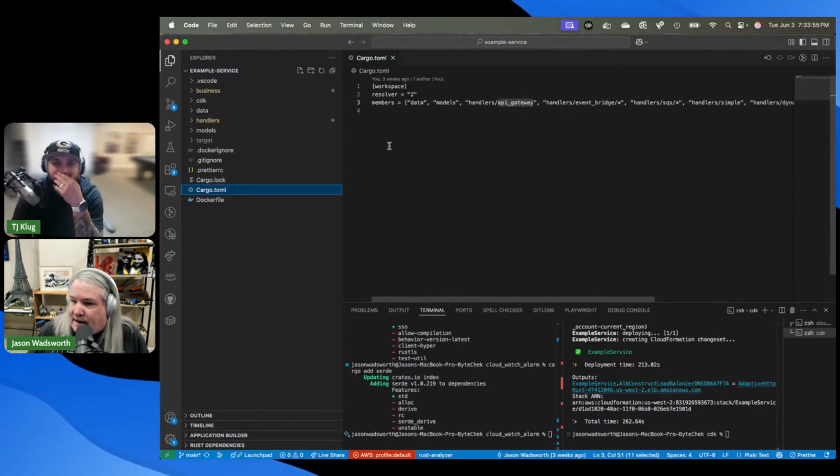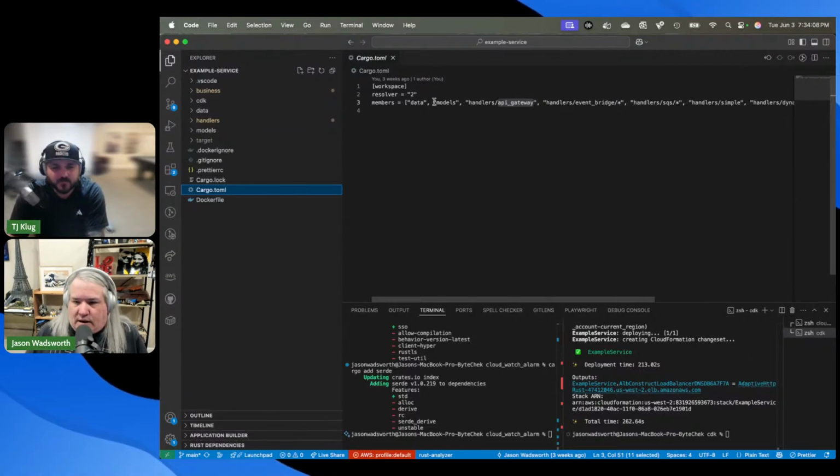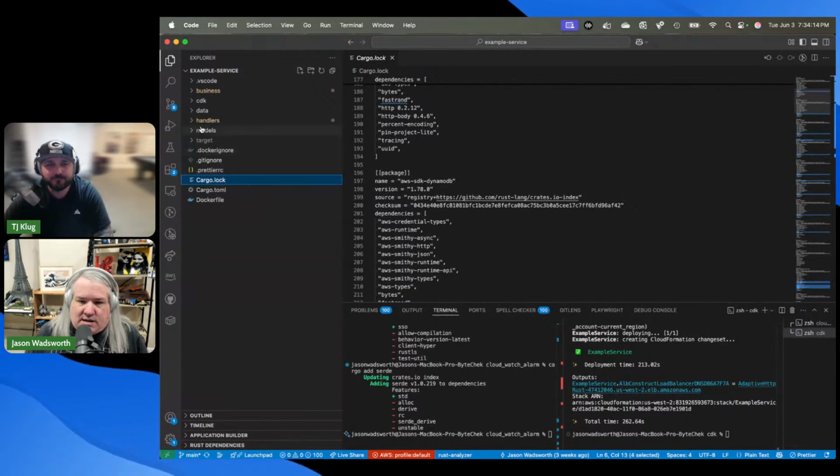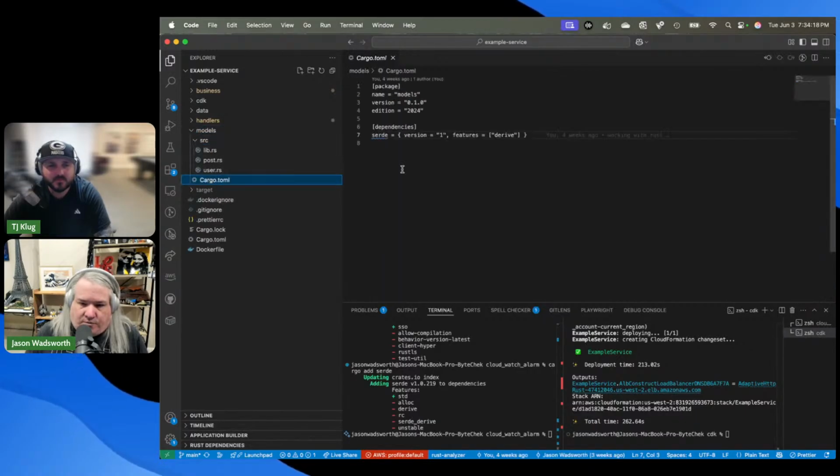So what you're looking at here is the workspace file. Because I did this as a project with multiple applications, so to speak, in one, this file is kind of defining where all those things are. And then the lock file is one lock file for the whole thing. But when we get down into individual things, there's a cargo file where the dependencies actually exist and where the name of the package and versioning happen.